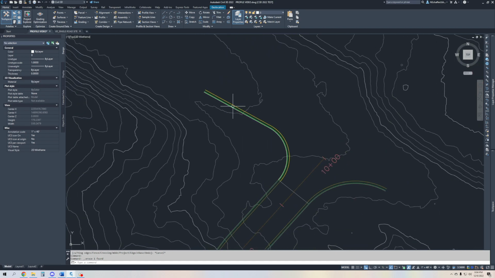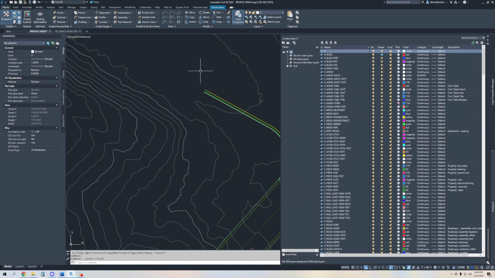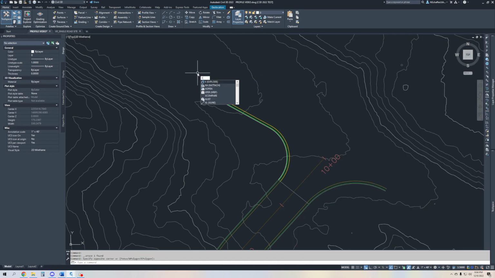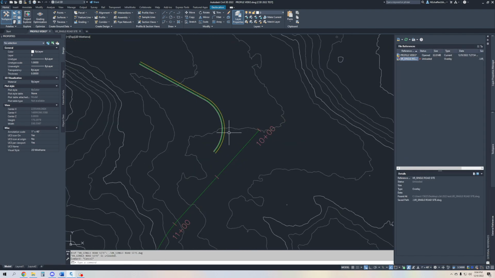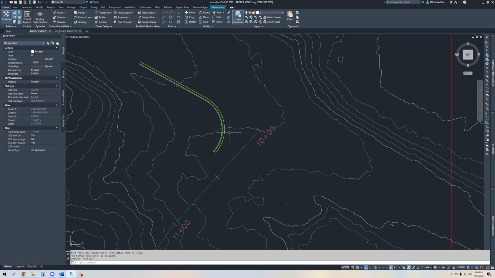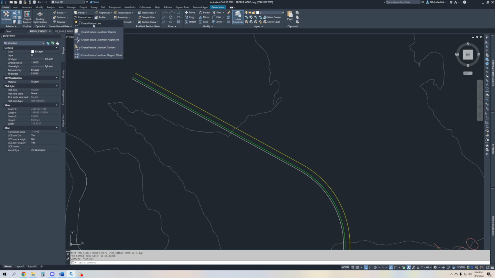So I'm going to work with these lines themselves. So what I'll do for now is XREF, I'll go ahead and unload my site drawing, my site XREF,